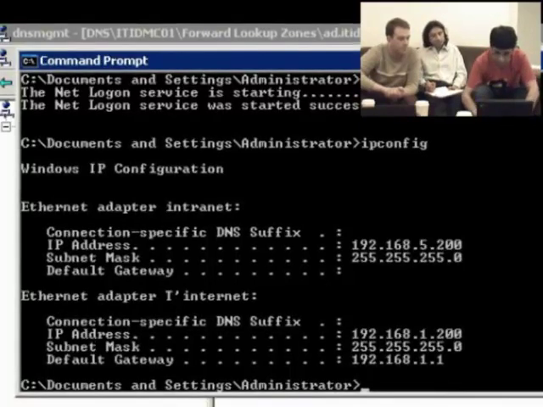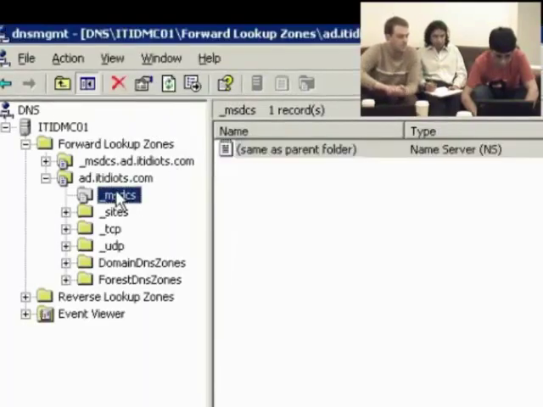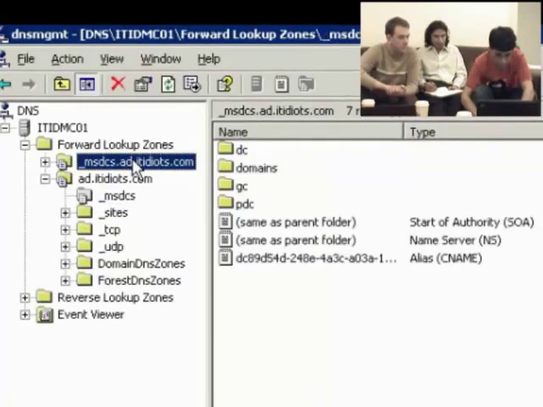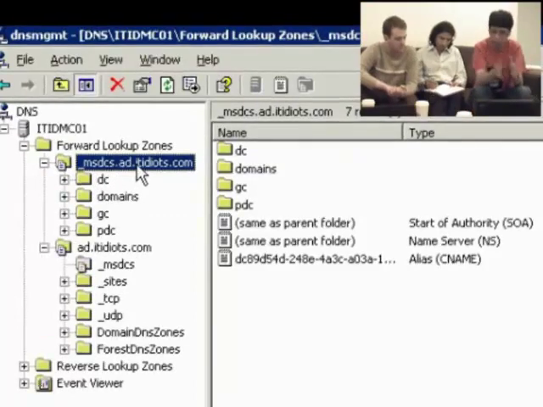Right, so that's the address. Now I've stopped and started that NetLogon, so if I go to this zone here and just do a refresh from here, we can see it's all updated now. So we said the client machine is going to log on. It's logging on to the domain